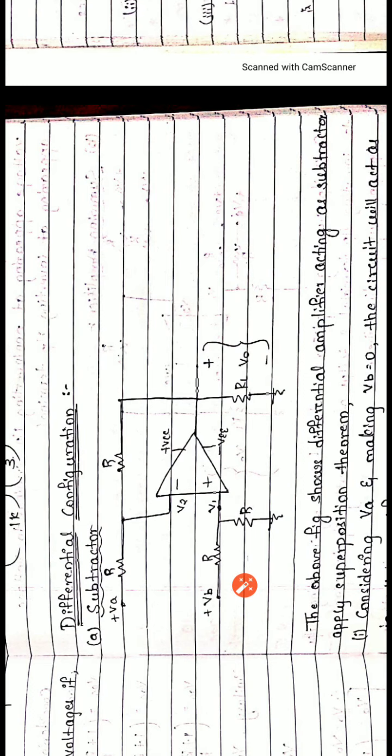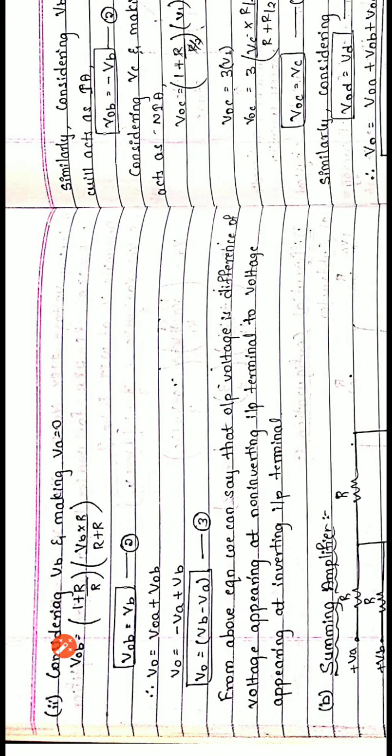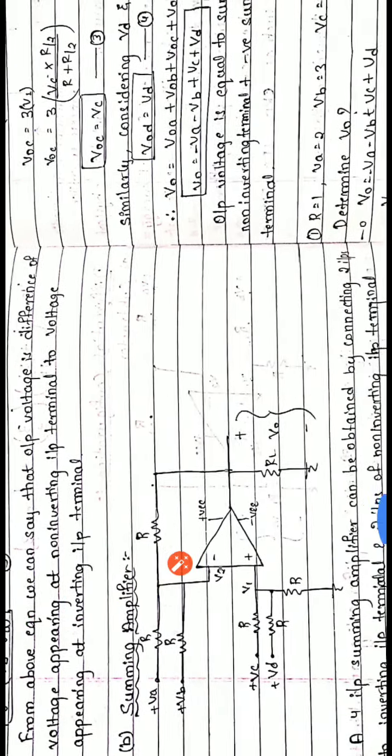The same thing will be done for the summing amplifier, only we have to increase the input signals. So that is shown in the next circuit diagram here. Okay, this we have discussed right now for the subtractor. Now this is a summing amplifier here. In this summing amplifier, the only change is that the number of input terminals is increased. So at the inverting terminal, 2 input terminals are there. For the non-inverting, again 2 input terminals are there.